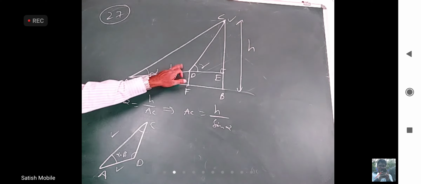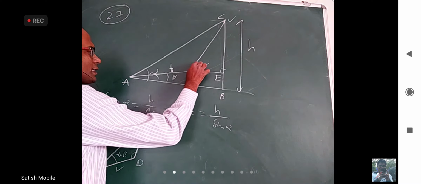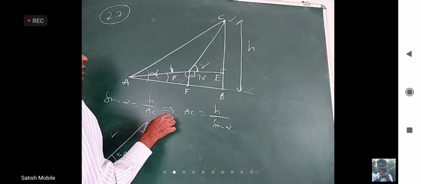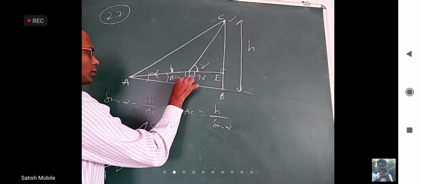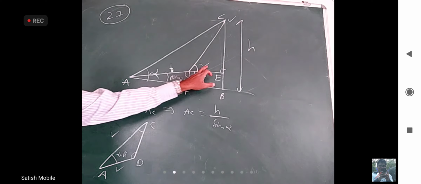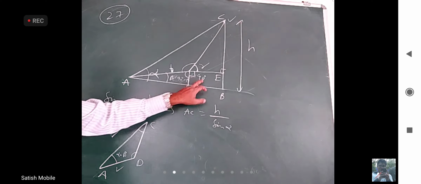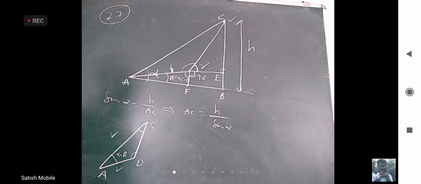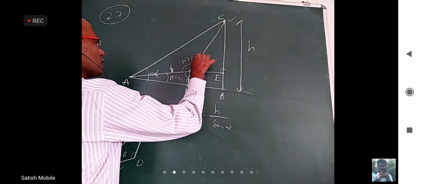Okay, that is this one you want to say? Yeah. This is gamma, this is 90, this is 90 minus beta because this is beta. From 360 remove these three, you will get this angle. From 360 if I remove 180 minus beta minus gamma, I will get 180 plus beta minus gamma. So I think it is 180 degrees plus beta minus gamma. Is it okay?